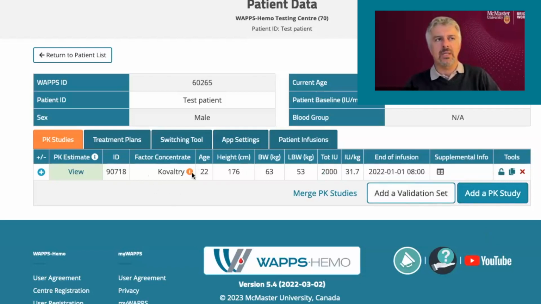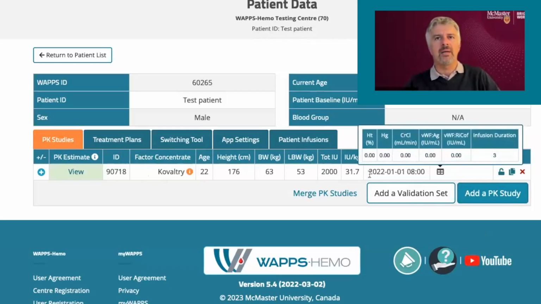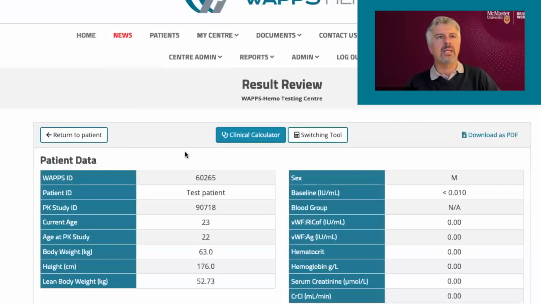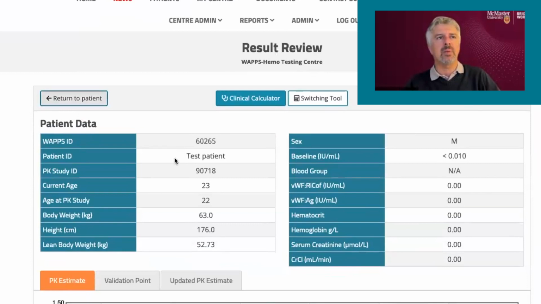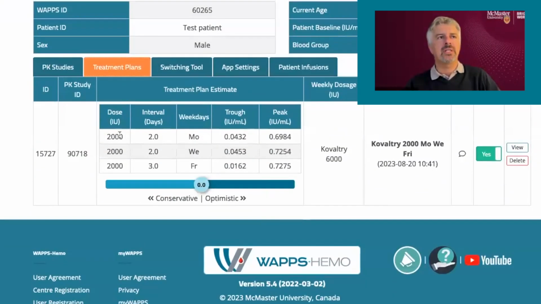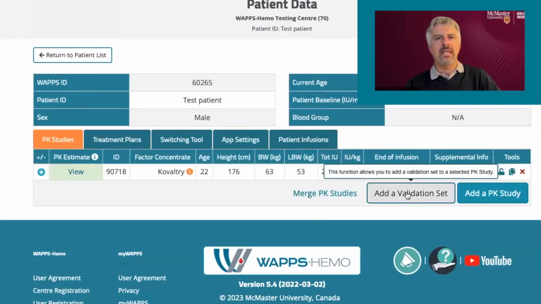Please note that this patient is on Coagtry and is treated with 2,000 units of Coagtry. If I recall correctly, treated two or three times per week. Let's see in the treatment plan. The treatment plan tells me that the patient is treated on Monday, Wednesday, and Friday with 2,000 units. So if I click on Add a Validation Set,